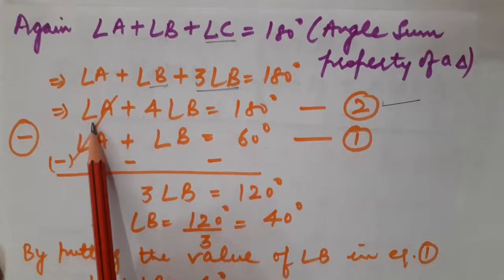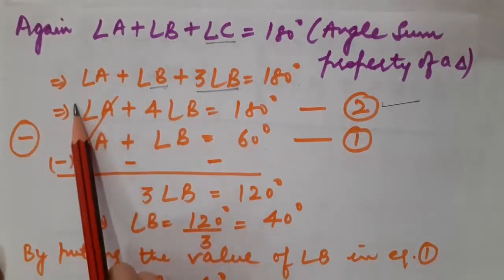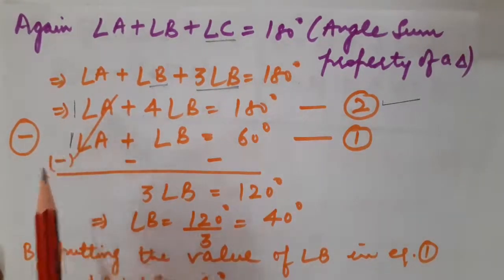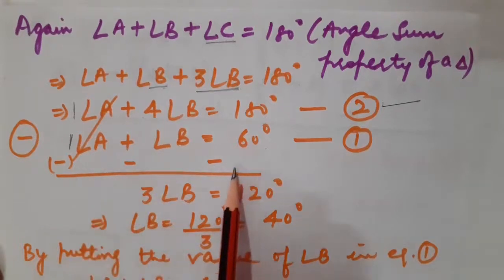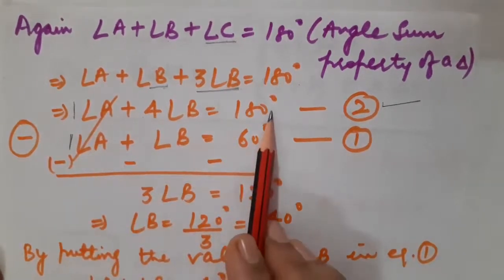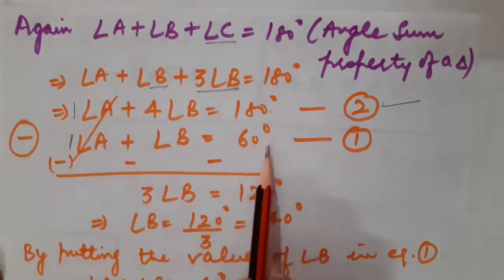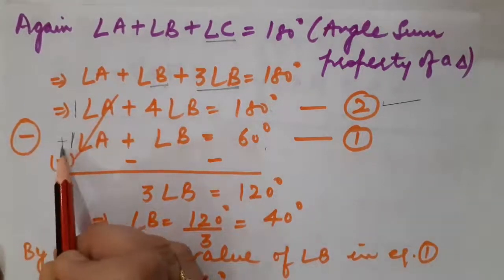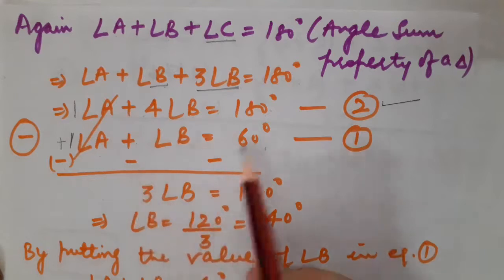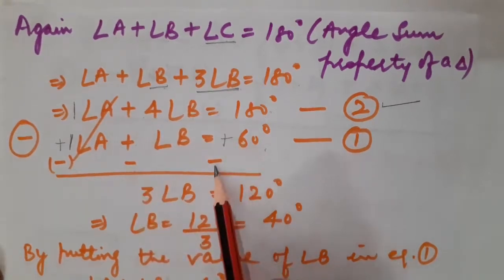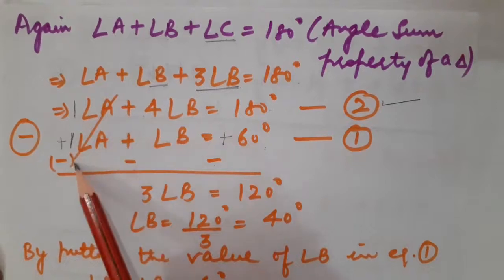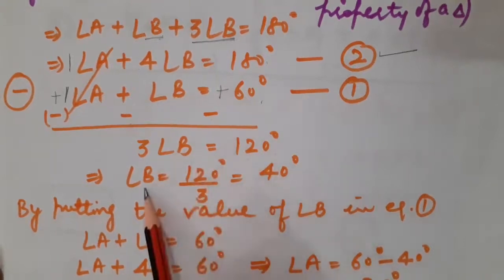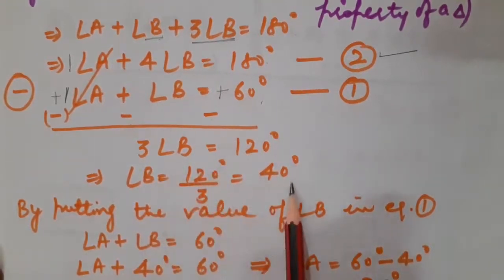Now children, here you can see as per the elimination law, the numerical coefficient of angle A is 1 in equation number 2 and here also it is equivalent to 1 in equation number 1. So simply what you have to do, you have to just subtract equation number 1 from equation number 2 or equation number 2 from equation number 1. Fine. Now the sign will be changed. Here it was plus, will become minus. This was also plus, has become minus. Here also it was with plus sign, so has become minus. Angle A and angle A both are going to be cancelled. So what I have got: thrice of angle B is equal to 120 degree. So angle B is equal to 120 upon 3, that is 40 degree.